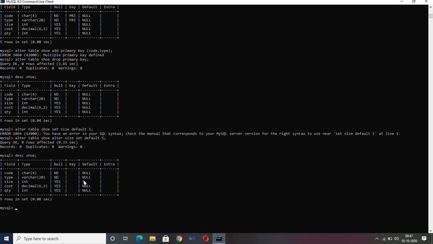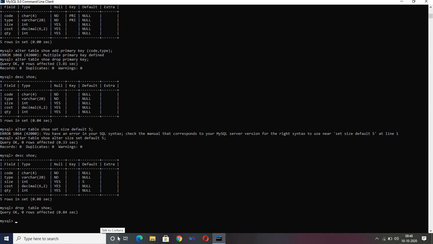If you want to delete it, simply use the word drop and write the query. Next videos will be how to... okay, there is one more thing, because we are initially creating the table, so if you want, you can just try these queries. If I want to delete this whole table, then I use the command drop. This is also a DDL command. Write drop table. Let's say I am removing this table, drop table shoe, and execute this.